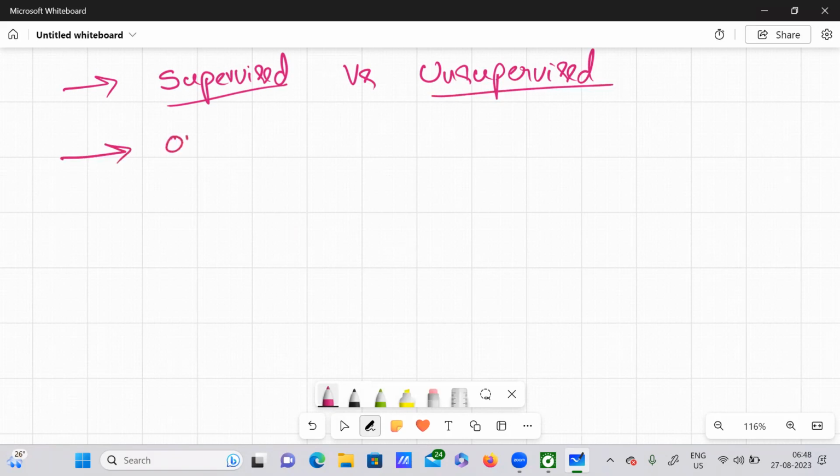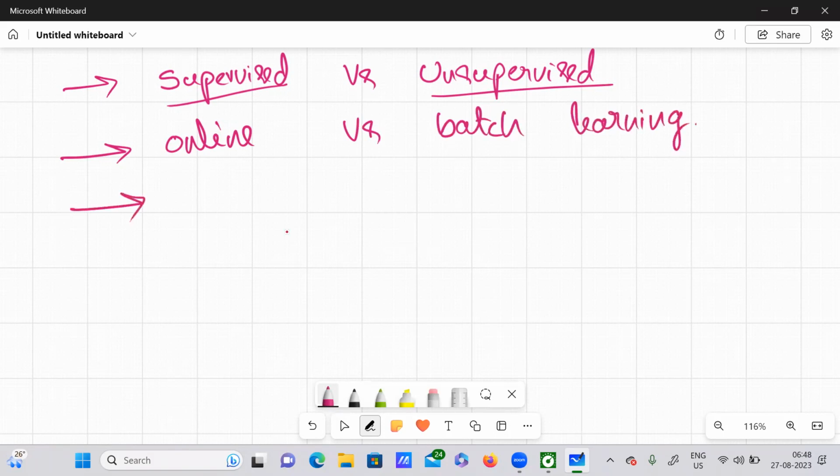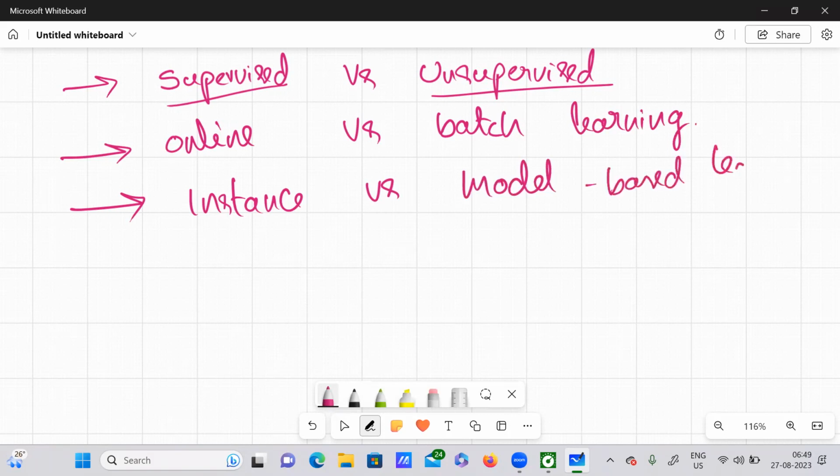I also want to tell you the difference between online and batch learning. Also, I want you to focus on instance versus model-based learning.